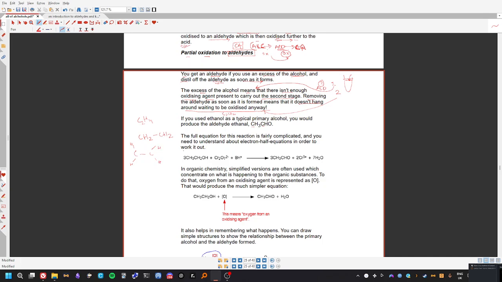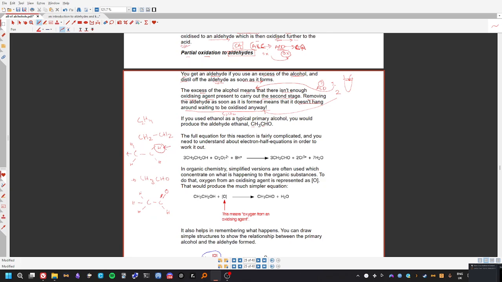Now we aren't talking about the mechanism just yet, but then it turns into CH3CHO, which is written as this. Okay, so that's what this is. So it turns from that into this. You have one hydrogen extra over here, and you have gotten rid of one hydrogen over here,